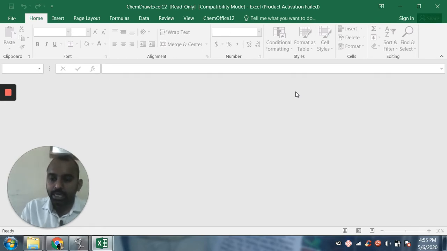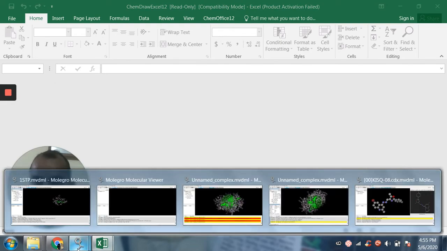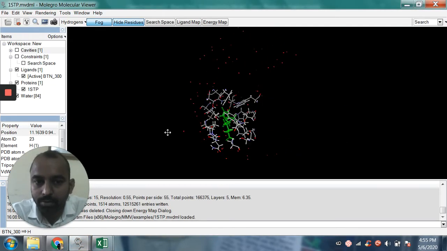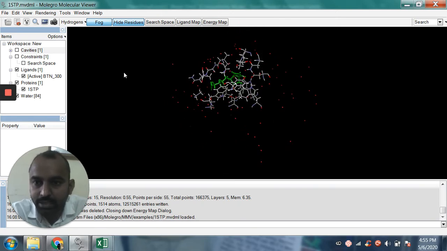So let us see how various software helps you in knowing the RMSD value of your docking data. Let us see one general software, Molegro Virtual Docker. This is the fundamental information which you can generate.